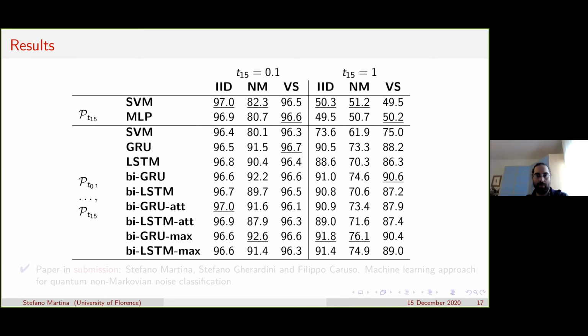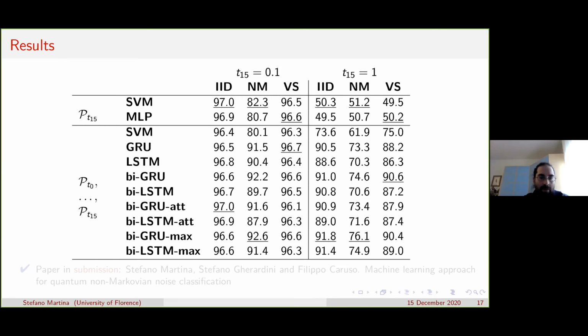And then if we look at the longer dynamic, we see that the final population is not sufficient to train the models. In fact, they have 50% accuracy and they do basically a random guess. And we need to adopt a recurrent neural network on all the populations. Also in that case, we see that the problem to classify two different colored noises is more difficult with respect to the other two. And other remarks are that